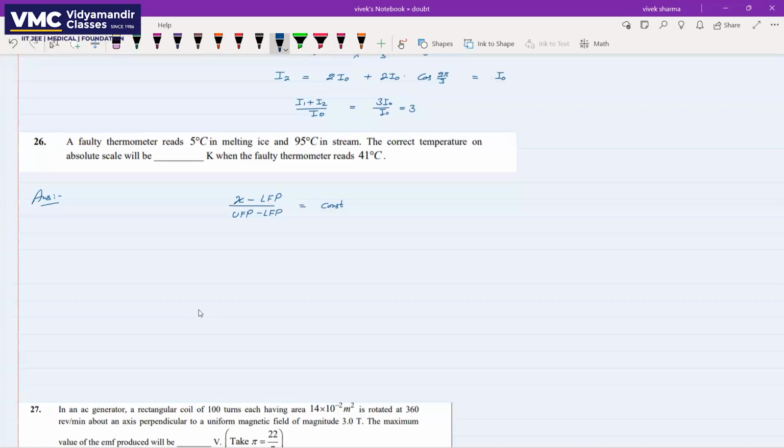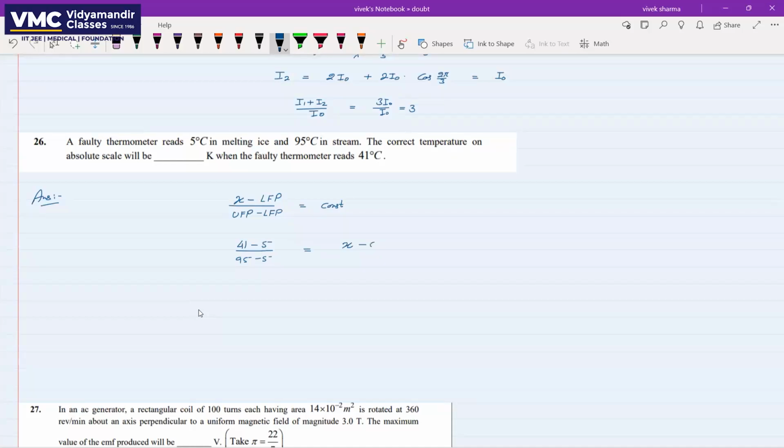So at 41 degrees centigrade for faulty thermometer, it will be, as reading is 41 minus lower fixed point, it is 5 divided by upper fixed point, it is 95 minus 5, that is equal to, so actual reading, say if it is x